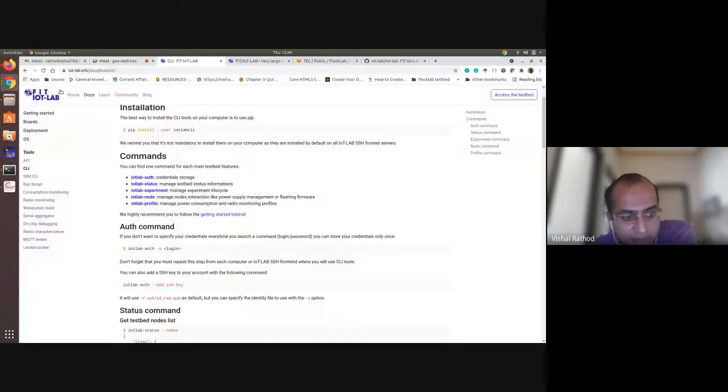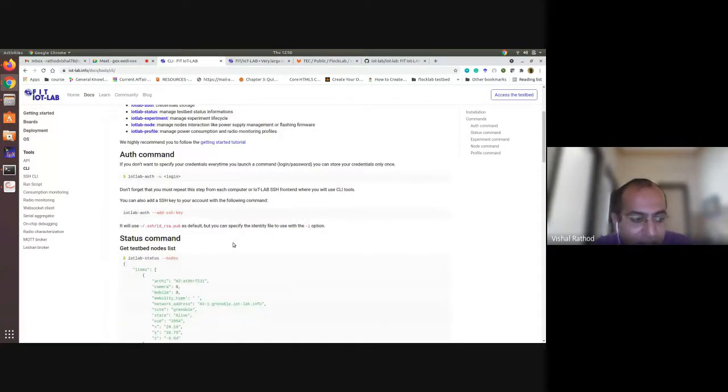Now, for any status of the experiments, you can see that. If you want to get information about your experiments, this is the command. Now, flashing the nodes and submitting your experiments, all of these use iotlab-node. For experiment profiles, like creating a monitoring profile, power consumption profile, or radio monitoring profile, you use iotlab-profile.